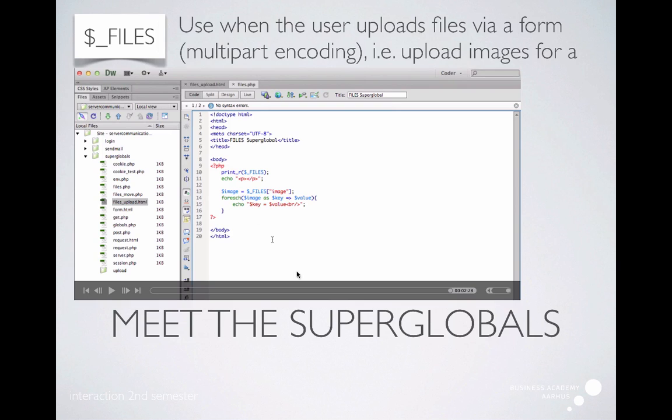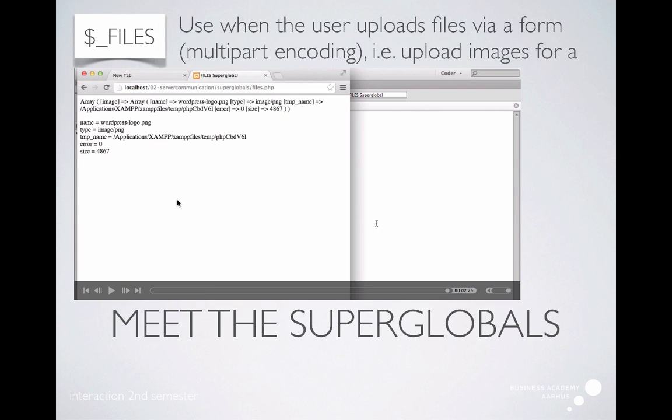Let's just go back and have a look at what happened here. There we have it. So here we can see the name of the file we sent. We can see that it's a PNG file, and we can see that the server stores this in a temporary place. It hasn't the name of the file, but only the file content is stored in a temporary folder. That means when we have to upload it, we have to move it from this temporary storage to, for example, an upload folder that's just beside our